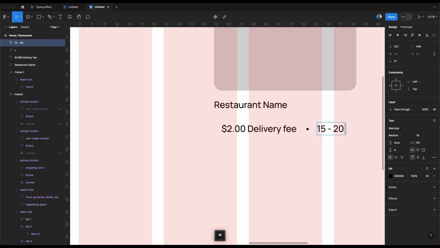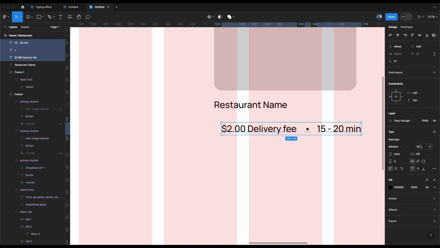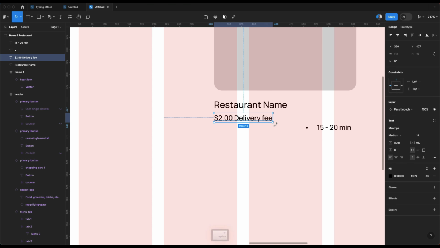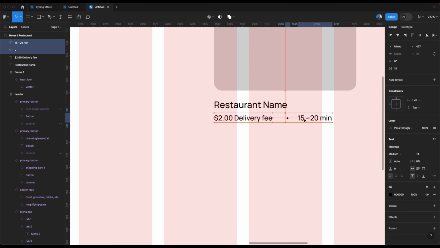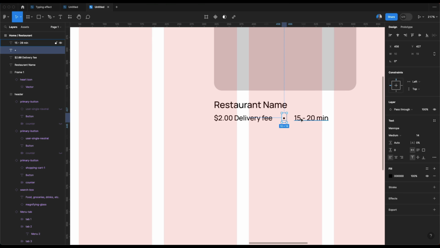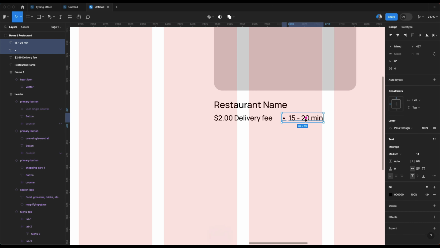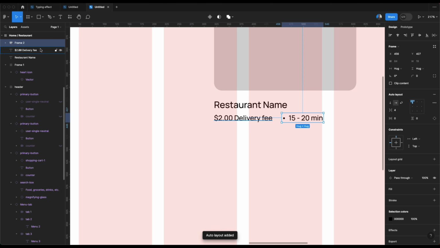15 to 20 minutes, and I'm going to change this font size to 14. Distance here can be 4, which is okay. I'm going to bring this closer, make the distance here 4, and I'll highlight both of them and press Shift A on the keyboard to make an auto layout. And I'm going to call this delivery time,